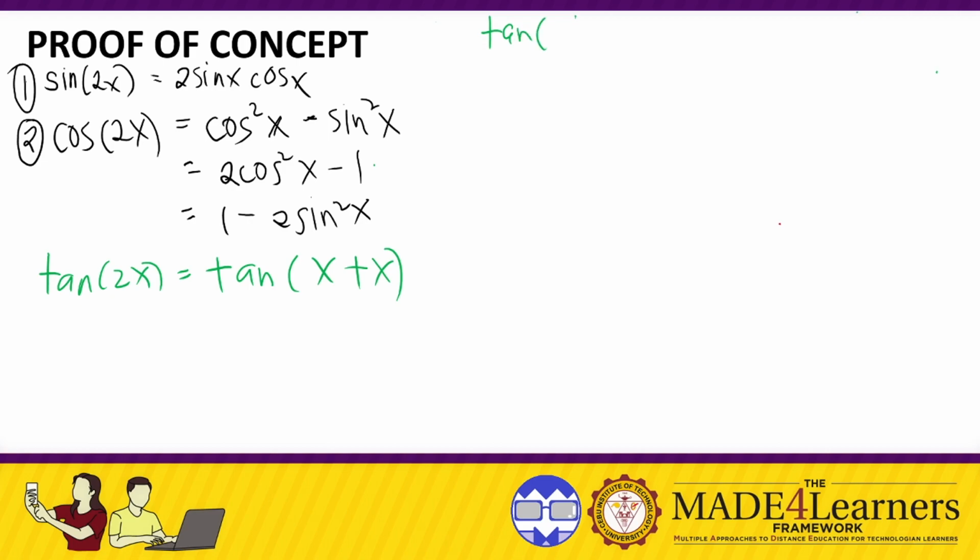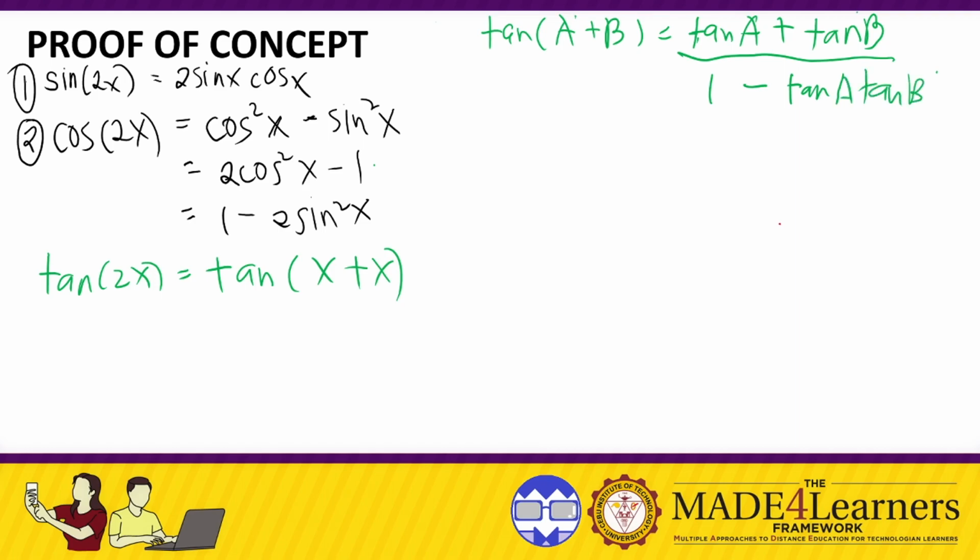So if we have tan of A plus B, you can remember that one. In our previous video, we have tangent of A plus tangent of B all over 1 minus tangent of A, tangent of B. So applying this formula, we have tangent of the first angle, which is x, plus the tangent of the second angle, which is also x, all over 1 minus tangent of the first angle times tangent of the second angle,